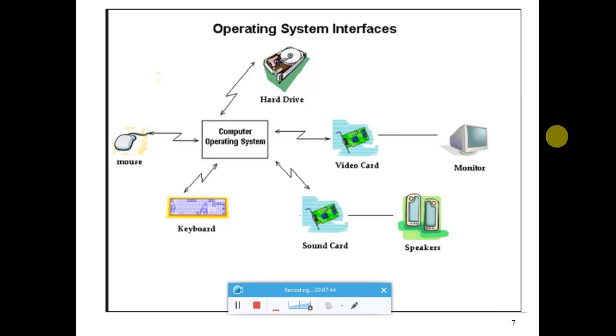So it's just an interaction which takes place between the hardware and the user, which is provided by the operating system. Apart from these interactions, in the coming chapters we are also going to see how the operating system provides its services to the user. Like I want to give one small example: many times we are performing many tasks. How these tasks need to be handled inside the computer system is something which is done by the operating system, and we are going to study all these things in detail in the coming chapters.